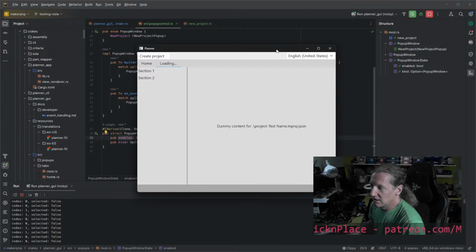So, although that does create a problem, because now obviously we're going to need to update the name of the tab, and we don't have any functionality to allow us to do that yet. So